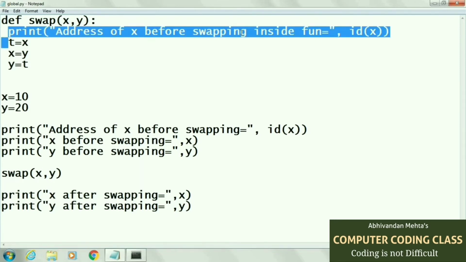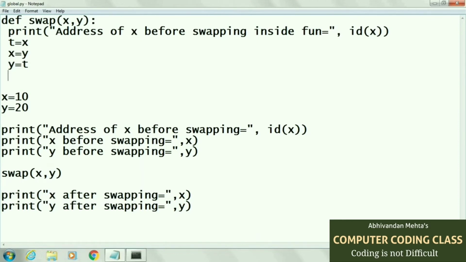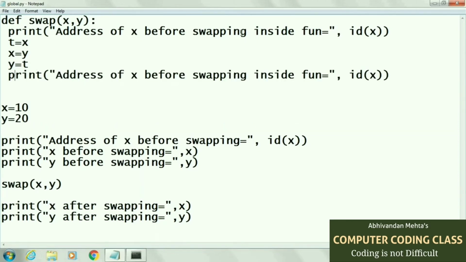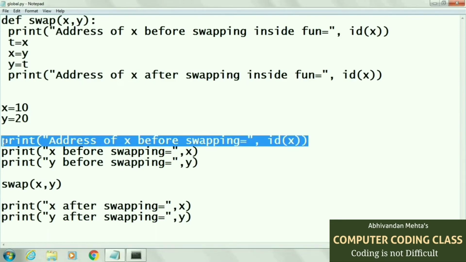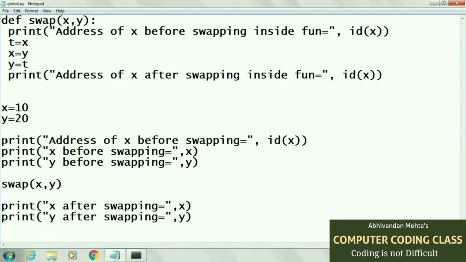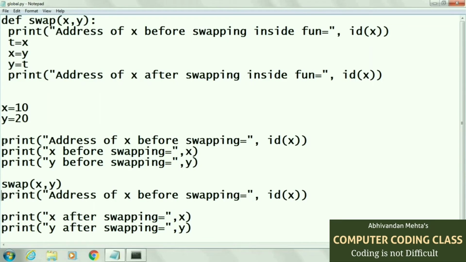Here we are just printing the address of our x variable before the swapping inside the function, after the swapping inside the function, before the swapping outside the function, and after the swapping outside the function. Here id function is using to print the address of a variable.